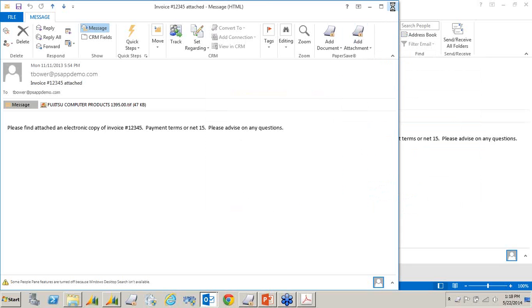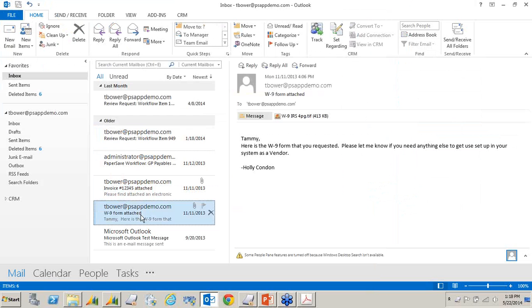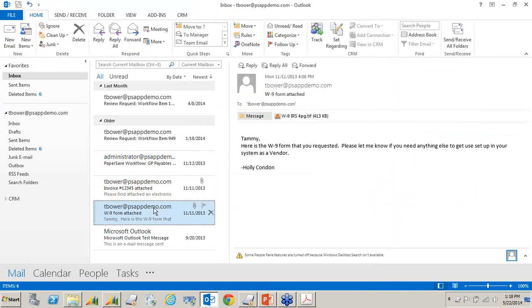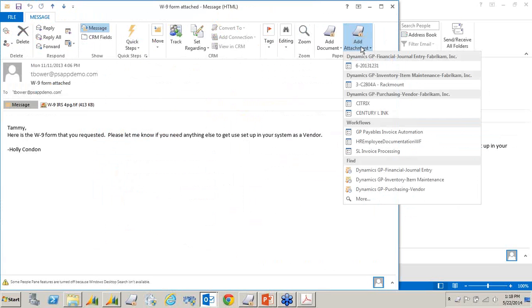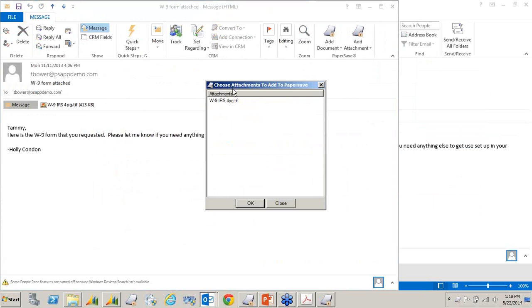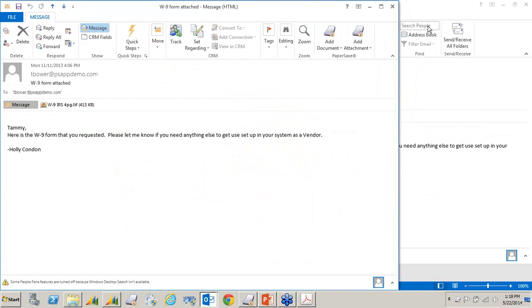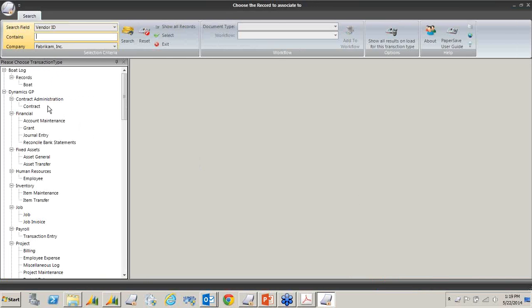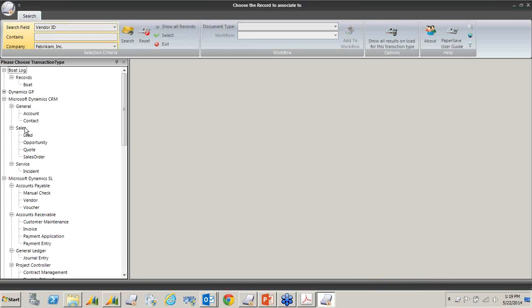Now, if this is something like a W-9 form, I can add that W-9 form into the system. Let's open that up, and I'm going to add the attachment, and I'm going to add the W-9 form. Whoops, I hit the wrong button, excuse me. Let's go into Add More. What we're going to do is add it into a record that already exists inside the host system. Here you can see I've got GP, and if I minimize that, you can see